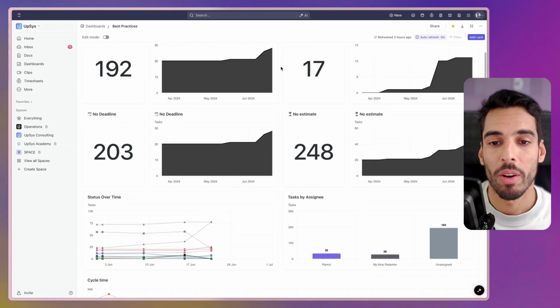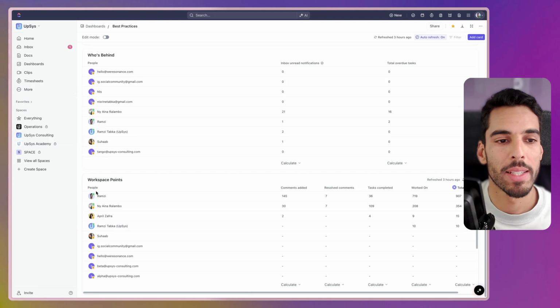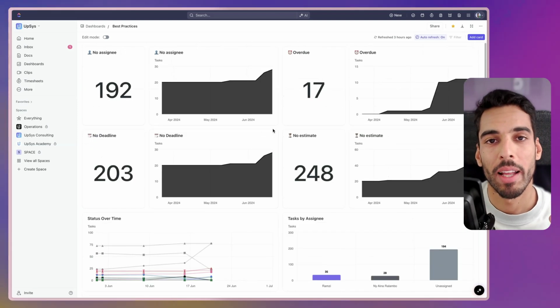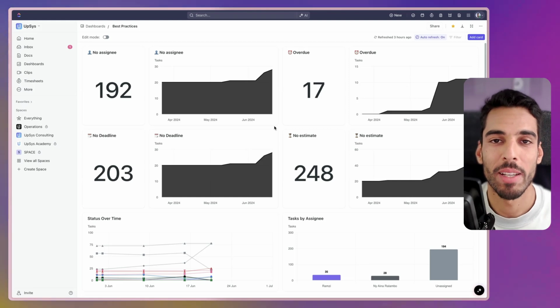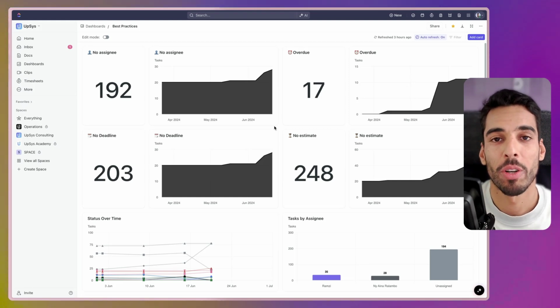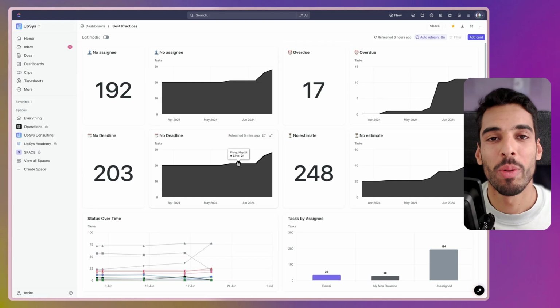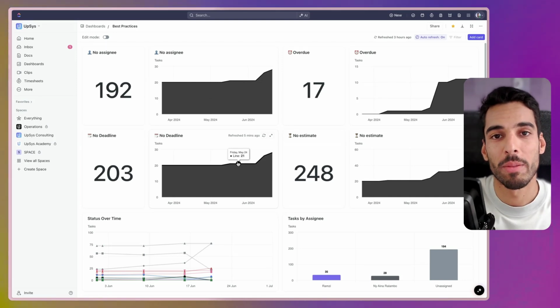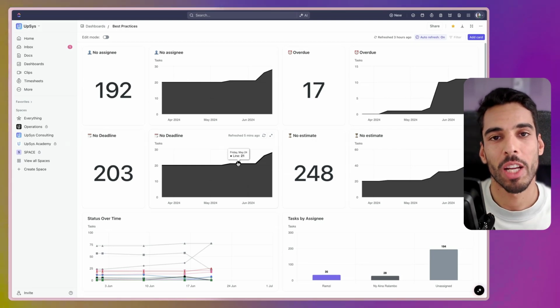In this video, we're going to create this very dashboard in a few minutes, and I'm going to show you step by step how this dashboard can help use ClickUp to its full potential and eventually start to do some capacity planning with the software and make sure that your team is efficiently working in ClickUp. Before that, we're going to build a view that lets you track which specific tasks are not following these practices and make sure that you fix them so that your project management is perfect in ClickUp.